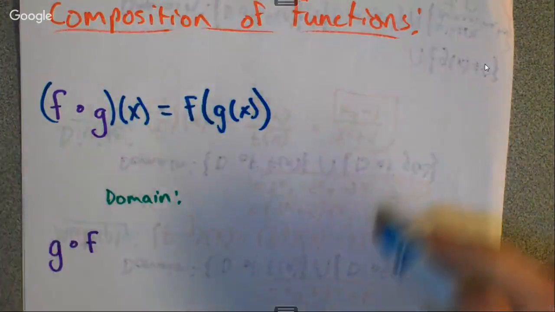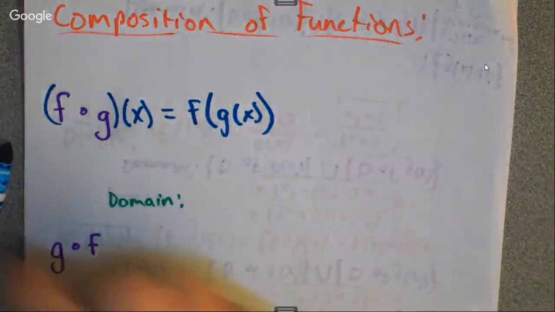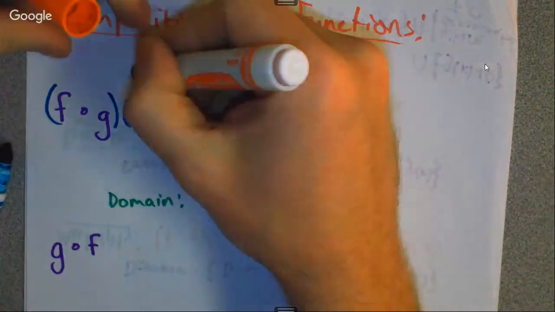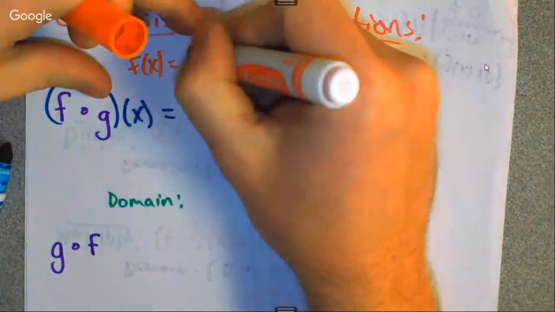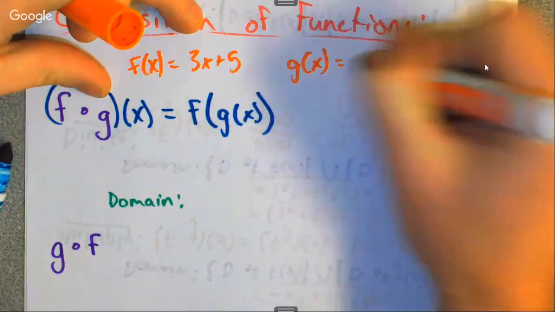So let's say, for example, here we'll say f of x equals 3x plus 5 again, and g of x equals x